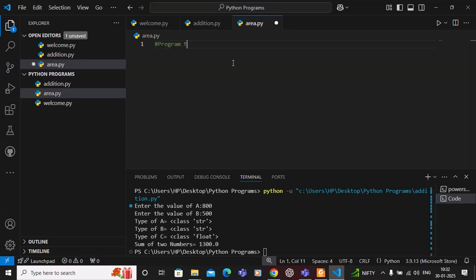Program to calculate area of a circle. I will take variable r. R is equal to, as you know, what is the formula for calculating the area of a circle? That's pi r square, that's 3.14